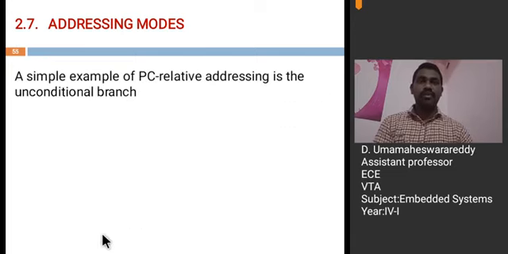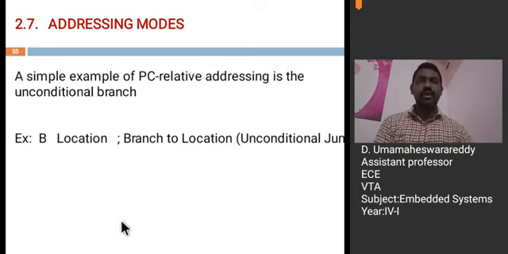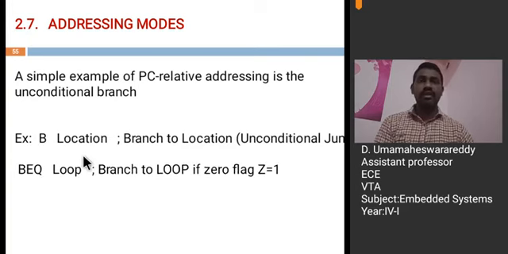Let us see an example. A simple example of PC relative addressing is unconditional branch. See here, B location means branch to location. That means jump to location. This is an unconditional jump. It will jump to the location. We will specify this location label somewhere in the program.